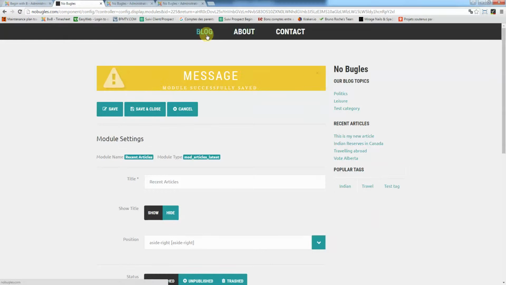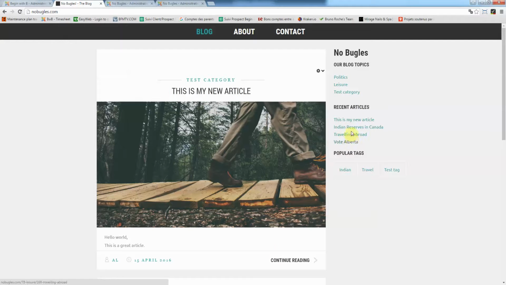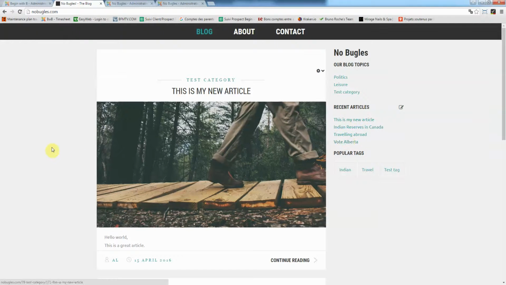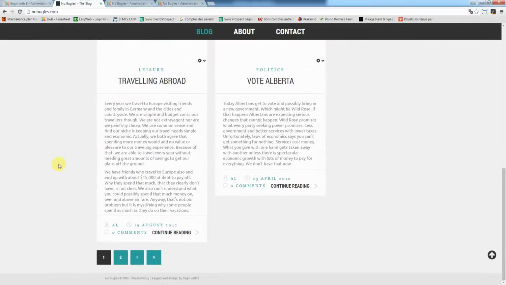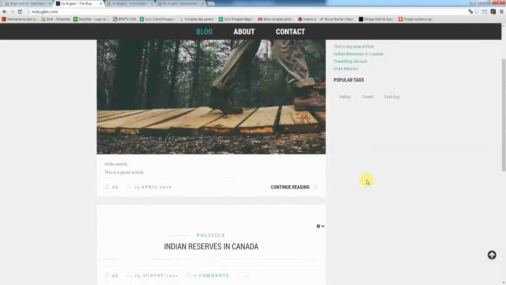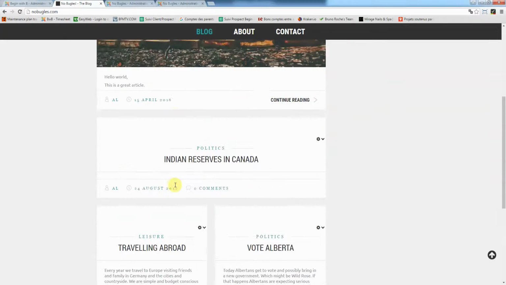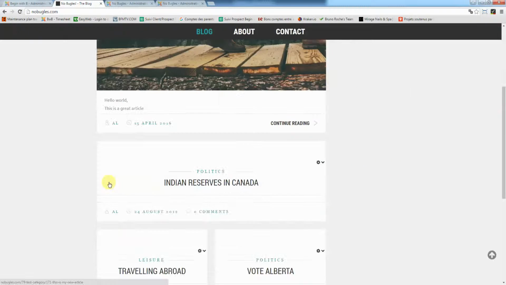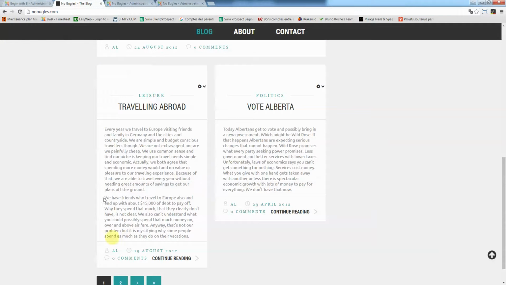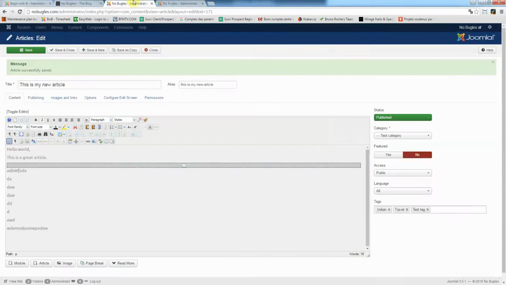Okay. So let's go back to see recent article here. So now this is the recent article we've just created. Okay. And those will be the 5 latest articles that show up here. Alright, here there's some pagination. You can change the amount of blogs, or sorry, the amount of articles showing up for this page by going to